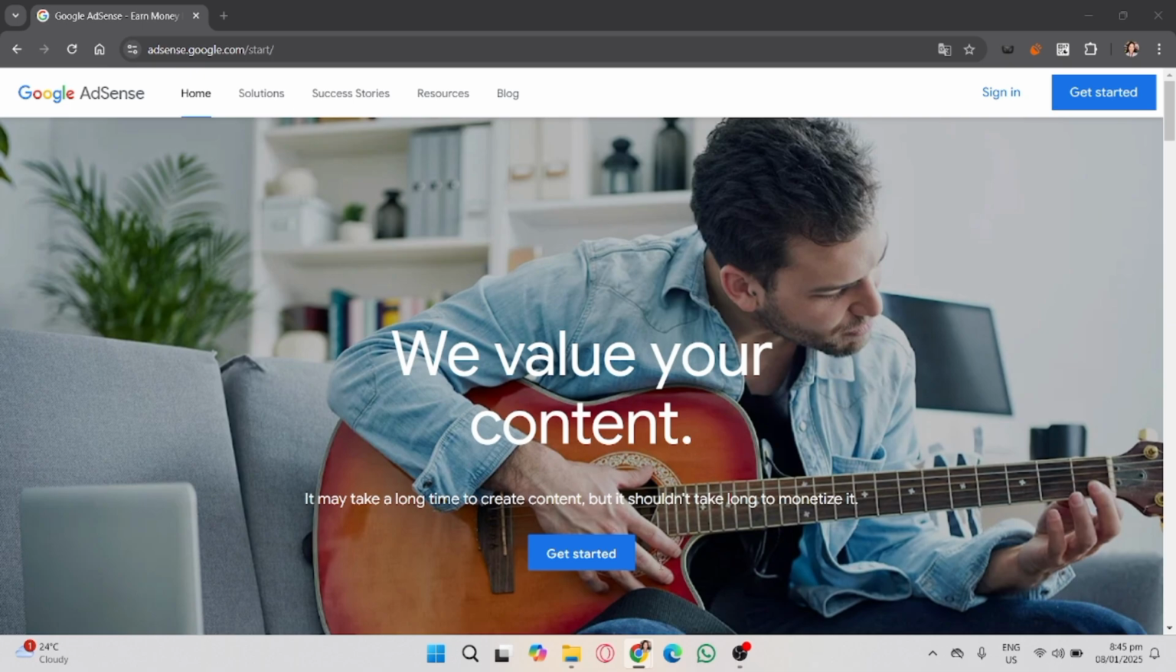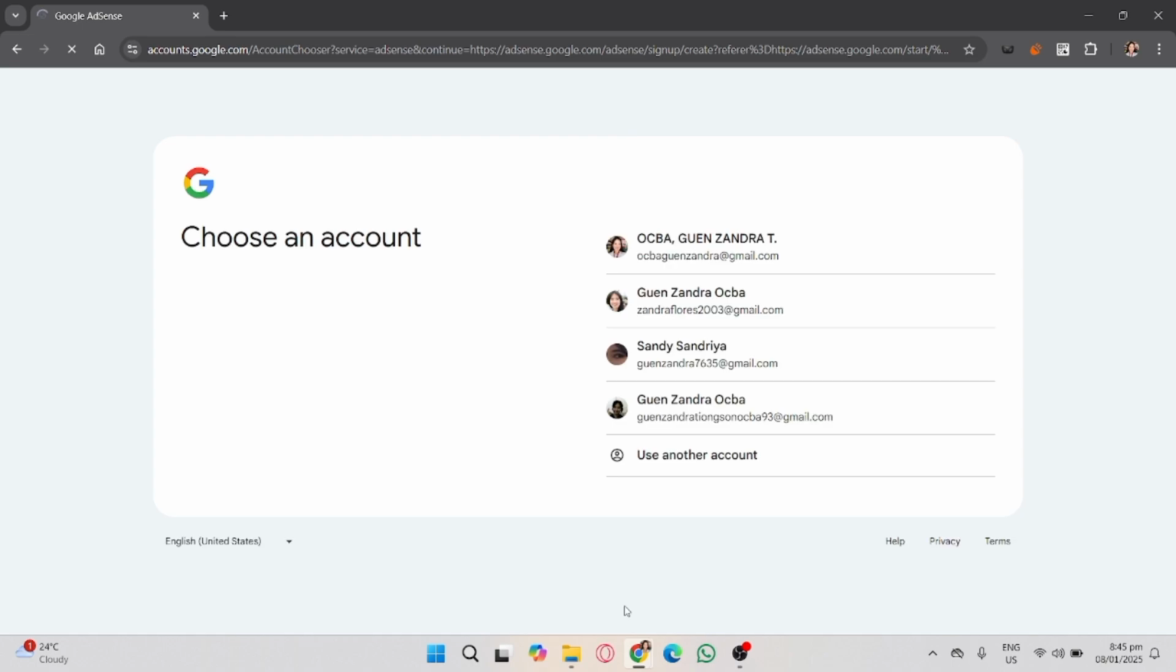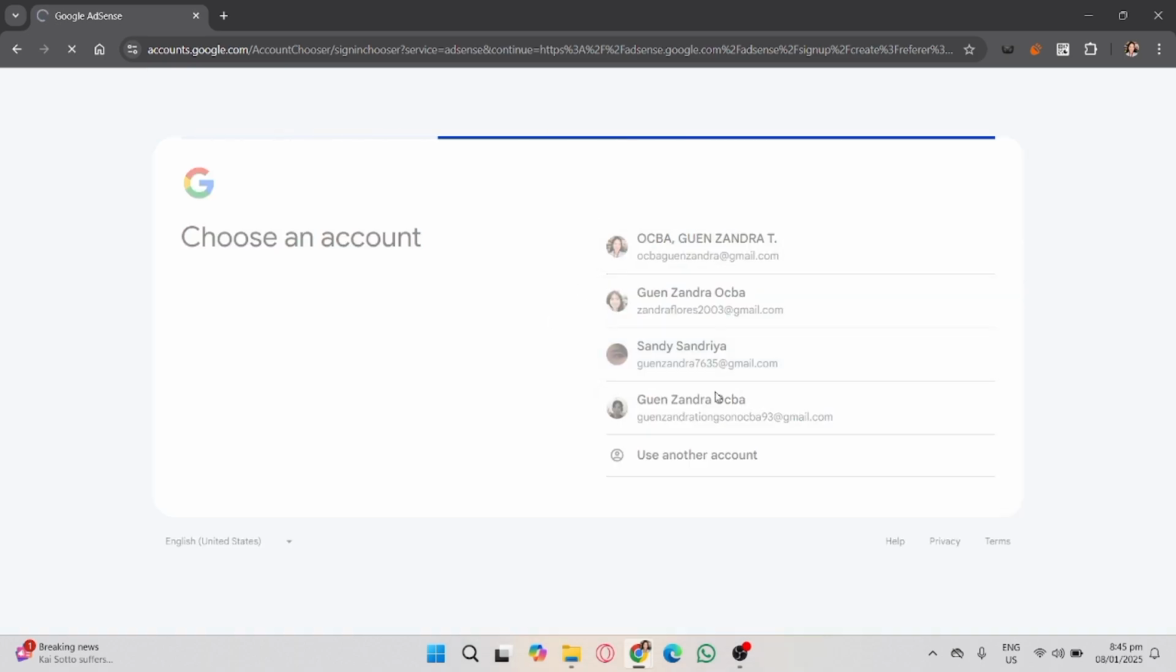First, open your browser and go to the AdSense official website, and then click on the Get Started button in the upper right corner. Then use an existing Google account or create a new one if you don't have one yet. Make sure the account you sign in with is active and associated with the email address you want